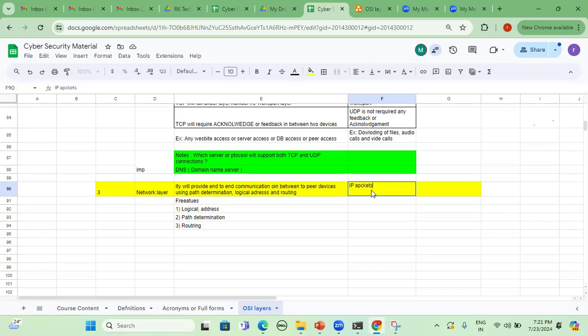Whenever we are sending a message in the form of an IP packet, every IPv4 version or IPv6 version, that is 32-bit or 128-bit, contains source IP, destination IP, and also payload. Payload analysis we have to verify for each and every incident investigation.